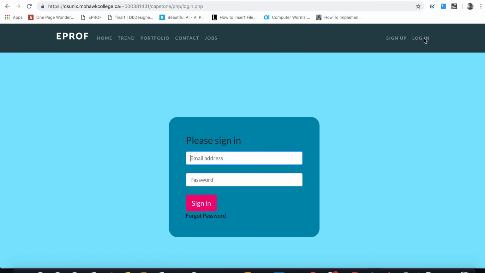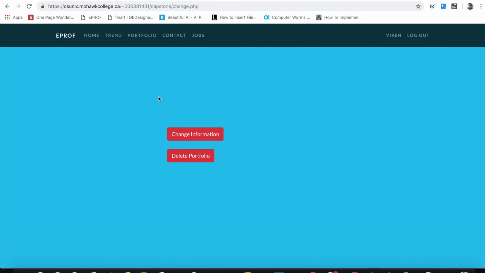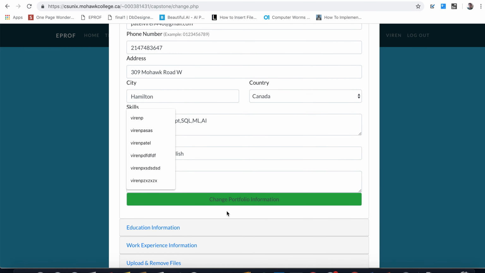Now I will show you how we'll use the portfolio page. I'll show you the portfolio page if you have created your portfolio. So this user has already created the portfolio, and once you create your portfolio, it will be something like this, where you can change the information, or maybe you want to delete a portfolio. Deleting will set your data to null, and you can again create your portfolio if you would like to change information. Here you can feel free to edit something and click on change information,